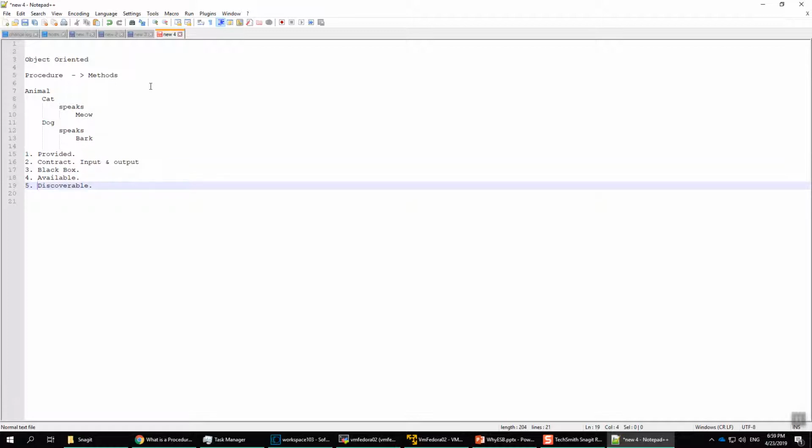Then only it is available, right? Then suppose you placed an order, correct? Once you placed an order, you specify that you want your dish to be sweet or salty or highly spicy, or something basically with your specification, or you just say that give me that one. That is called a contract. That contract says that you will get an input and you will expect an